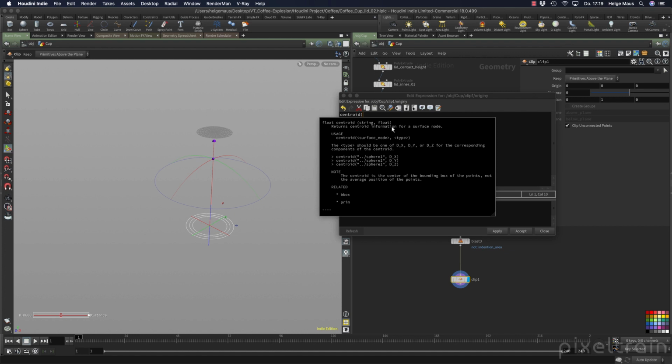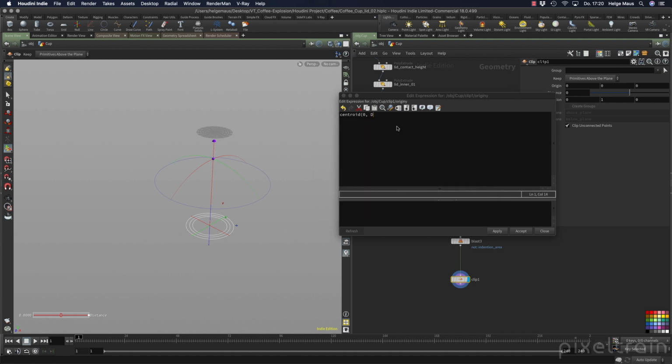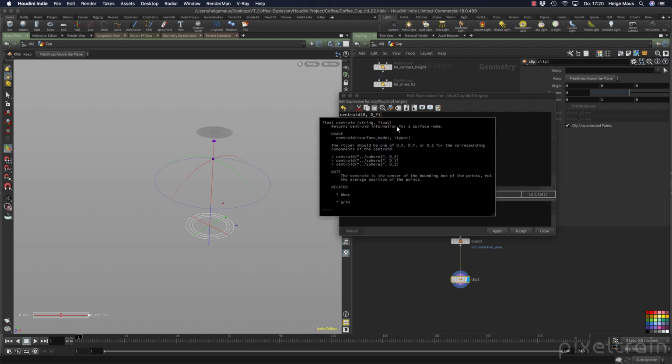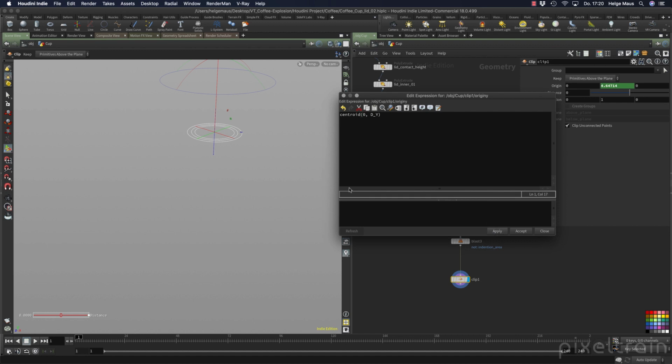Nice. We need a string again, so we ask again for the surface node, which is again 0. So the first mesh which comes in. And then we have to tell it here what we want. And what we want is, because we are in origin y, we ask for the y centroid, which is d underscore y. d underscore y. We close the whole thing, click apply, and now you see